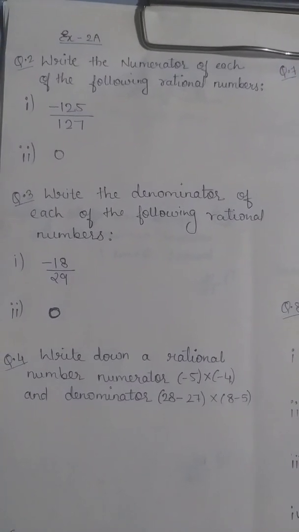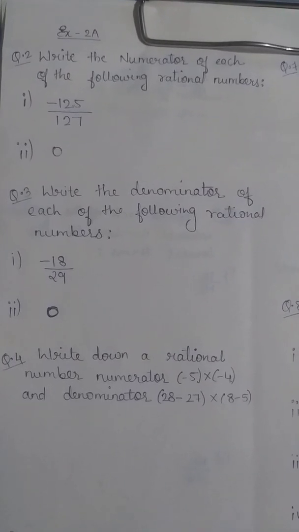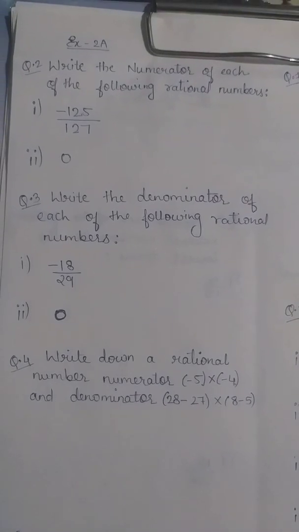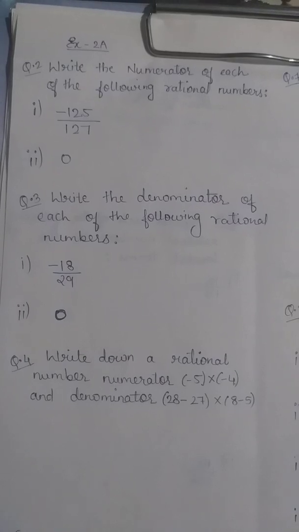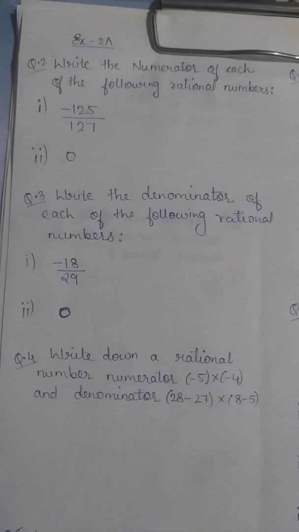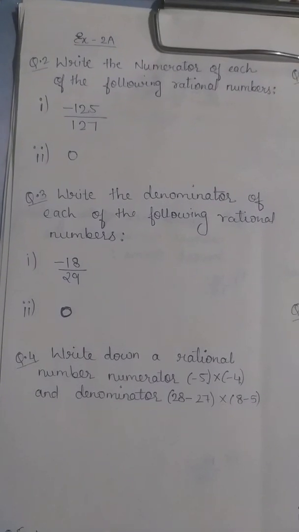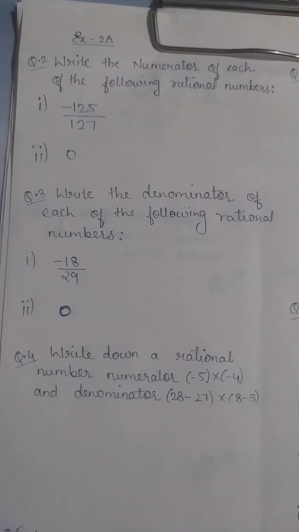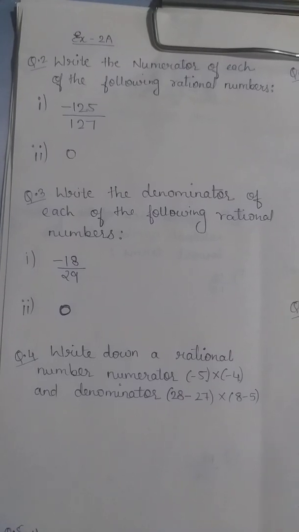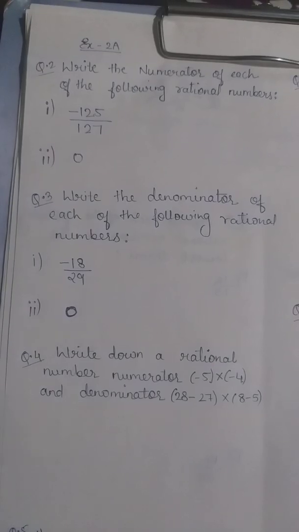So today we're going to solve a few sums based on exercise number 2a, and before that let's have a quick revision on rational numbers. In that we have seen all the integers are rational numbers with numerator as p and denominator q. So based on that we're going to start a few sums. And also one more point that I want to remind you, that q, the denominator, should not be 0. So we'll start question number 2.